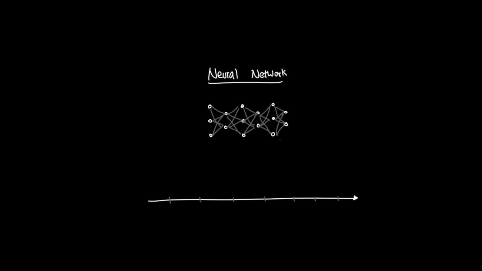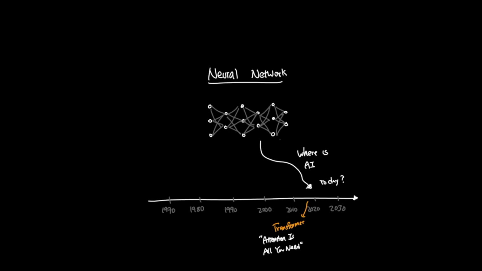Now that we understand the basic machine learning pipeline, we can zoom out and look at where modern AI is today. One of the biggest shifts comes from transformers. In 2017, researchers at Google introduced the transformer architecture in a paper called Attention is All You Need. This became one of the most important papers in modern AI because it changed how models process sequences like text. Before transformers, many language models processed text more step by step. Transformers made it much easier for models to look at relationships between many tokens at once.